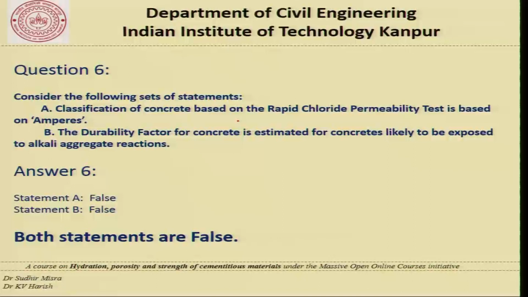As far as this question is concerned, the classification of concrete based on RCPT is based on amperes. This is false because you will recall that the table which I showed you for interpretation of results is based not on amperes but on coulombs. Of course, when we carry out this test, we do not measure the coulombs. What we measure is the current that is passing at any given point in time, and we integrate this current over the period of time that we have to get the coulombs. But the final interpretation is in terms of coulombs, and therefore a statement that classification is based on amperes is